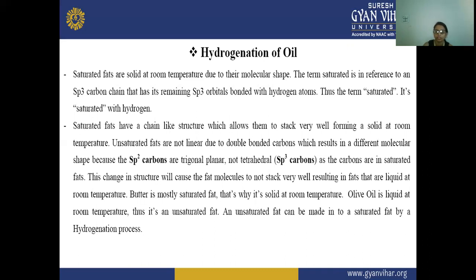They are not linear because they contain the double bond in them. Unsaturated means there is the presence of a double bond, which results in a different molecular shape. So the shape of these unsaturated fats is different,